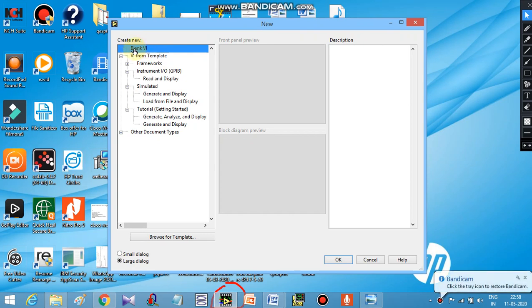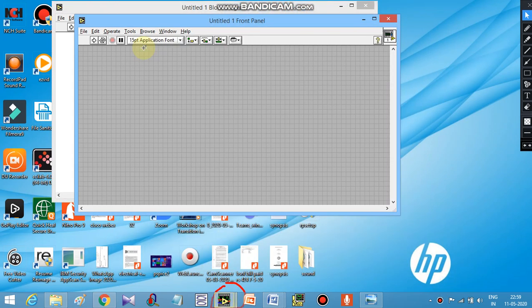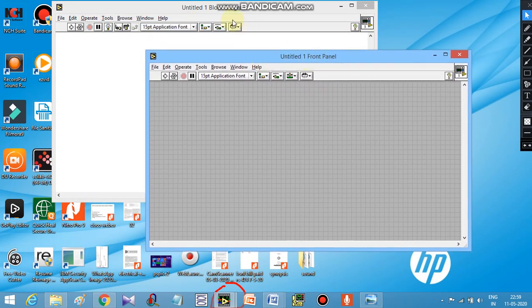So blank VI, double click on this blank VI, and two windows will be invoked: one is the front panel and another one is the block diagram.